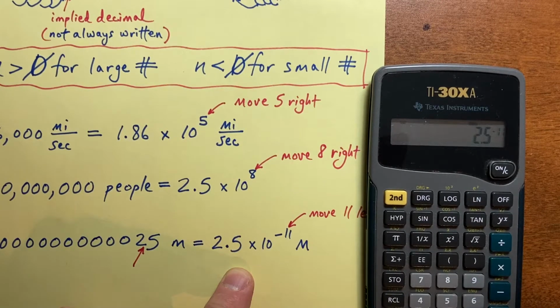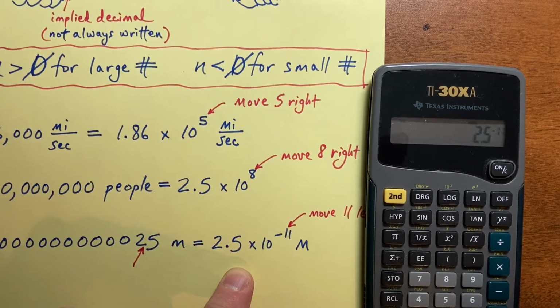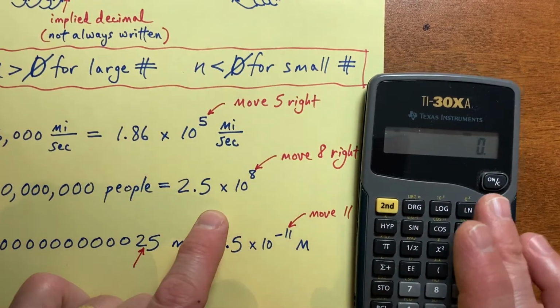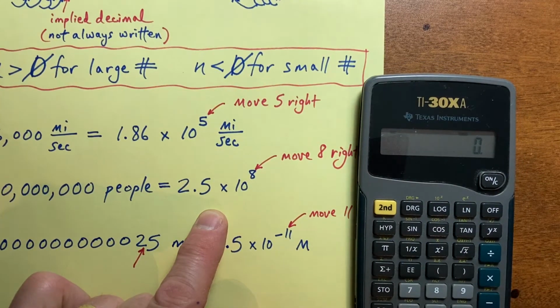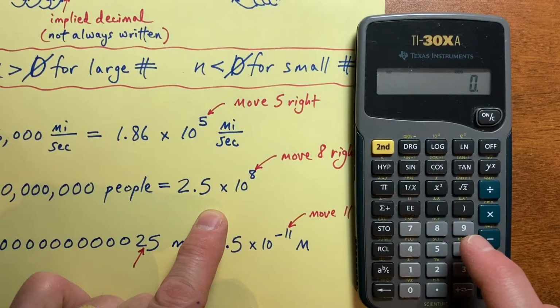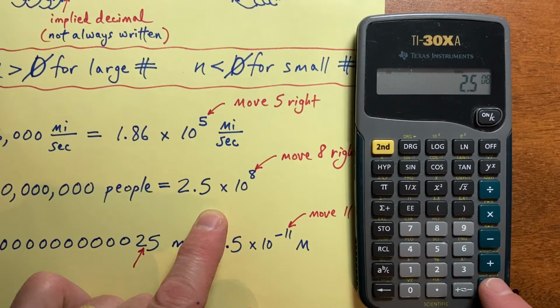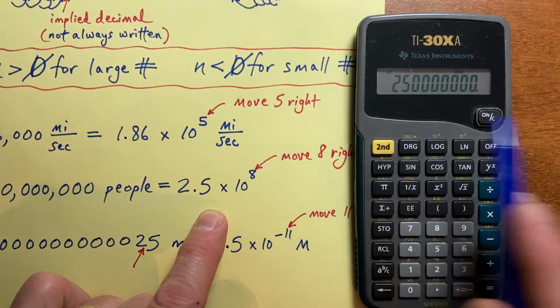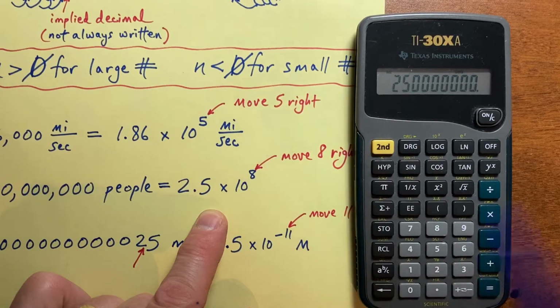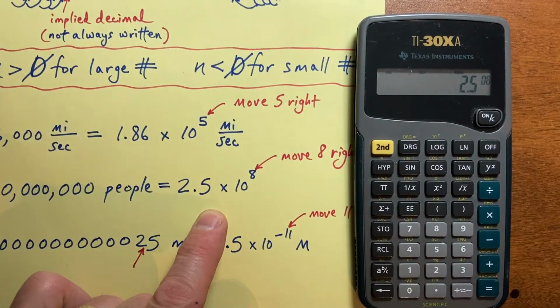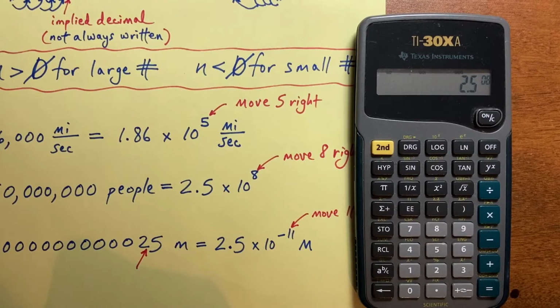Now, if I say equals, it's not going to change it to a standard number because my calculator display doesn't have enough decimal places. But if I did it for this number, it might do that. I'll show you. So I can enter, make sure I'm in the camera shot, 2.5 EE 8. Now, if I hit equal, you see it changes it to 250 million. If I want to go back to scientific notation with my model here, I just go second 5. So whatever calculator you do have, you need to be comfortable with expressing numbers